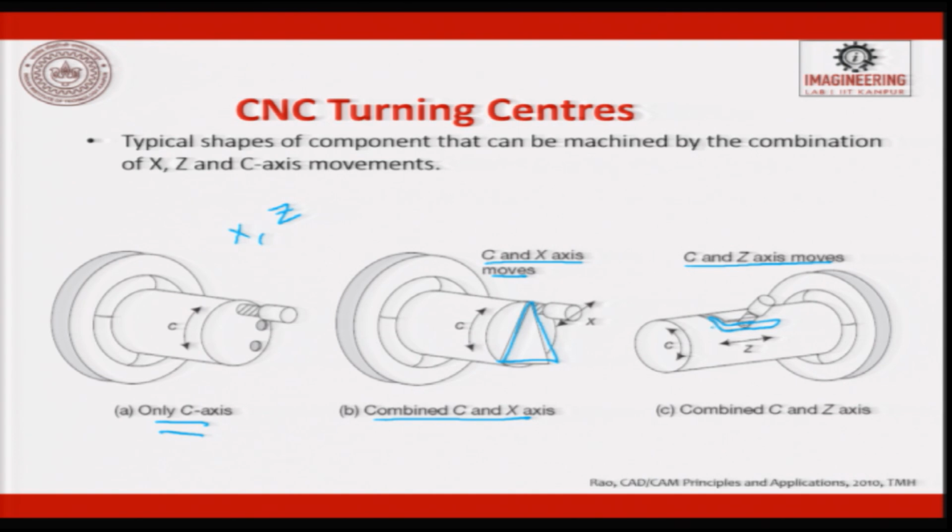So, if you have a cam follower, this cam follower can follow in this, and then you can try to get locking or unlocking of a system. So, it is very typical a job. All these jobs can be done today in a CNC turning center provided you have a C axis which is attached to the X and Z axis.